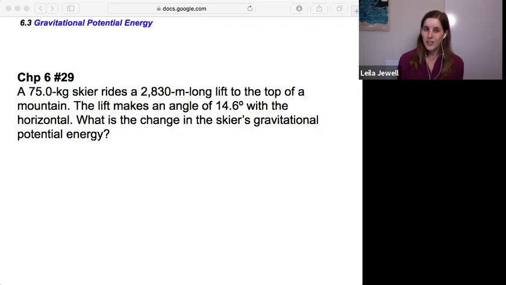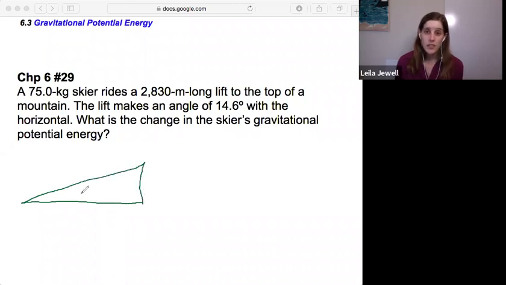All right, so this is a good problem. It's one where I want to go back to our process of starting with a picture, because they don't give us a picture here, and I think that would really help. So there's a lift going to the top of the mountain, and it makes an angle of 14.6 degrees with the horizontal. So you can draw in the horizontal here, and 14.6 degrees,